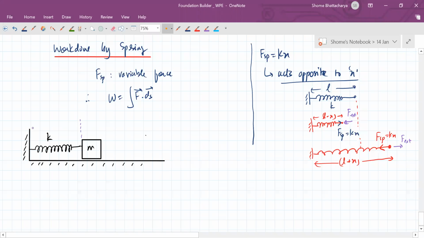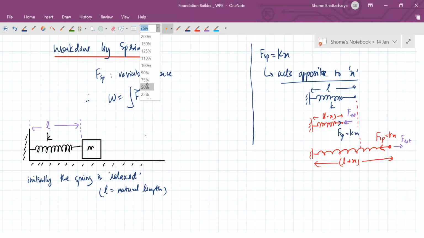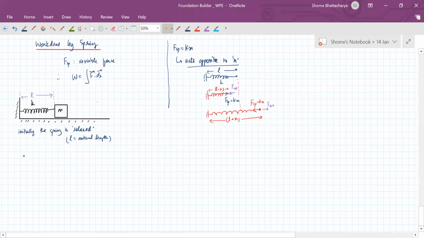So this is the natural length of the spring. So initially the spring is in the relaxed state. Okay. So L is its natural length. Okay. Now what we are doing is we are applying some kind of pulling force on the block. Now an external agent pulls the block to displace it by a distance d, let's say. Okay. So in the next diagram,